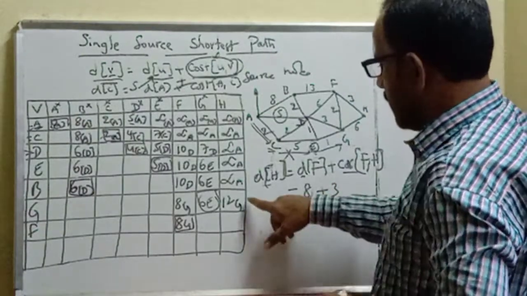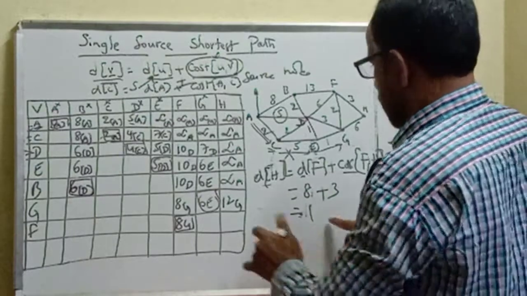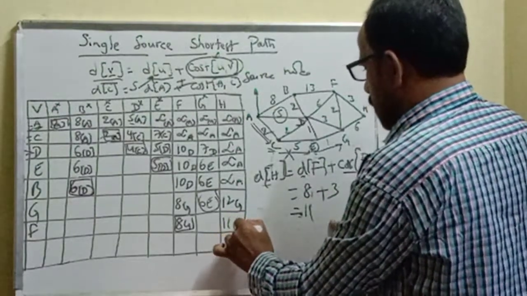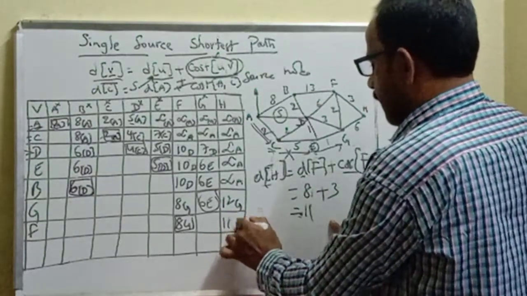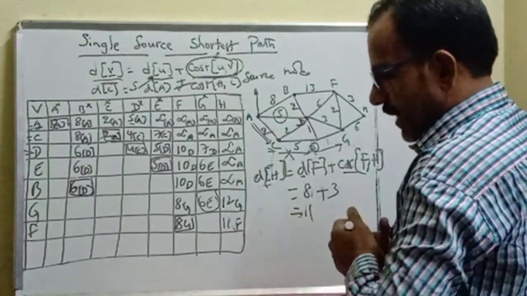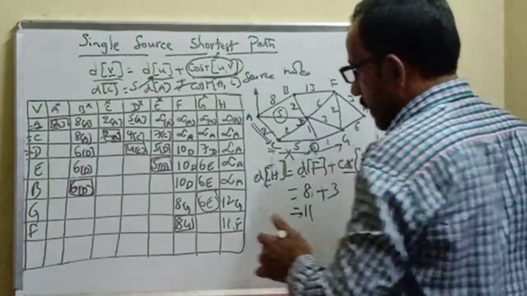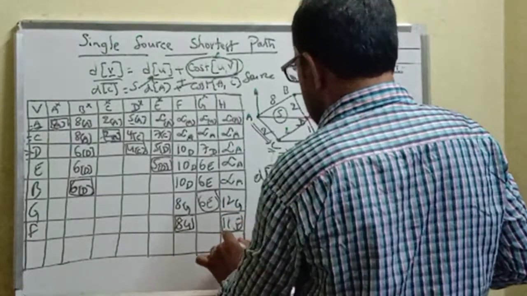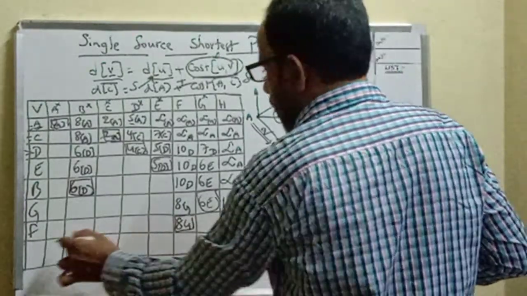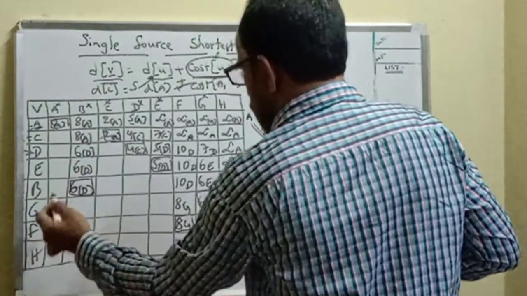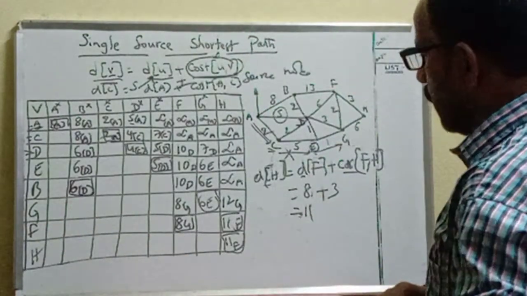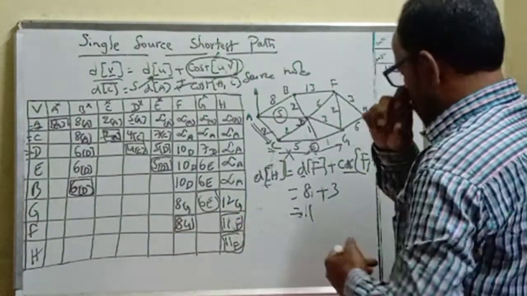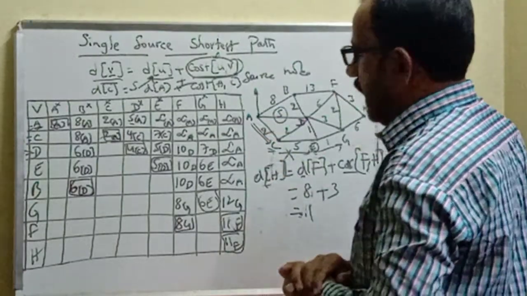What was the earlier cost? 12 units was the earlier cost. Now we got 11 via F. Out of these, this one is the last number. Then take this last number for F, H. So all the nodes are filled. No need to worry about the row filling now, because all the rows are filled.